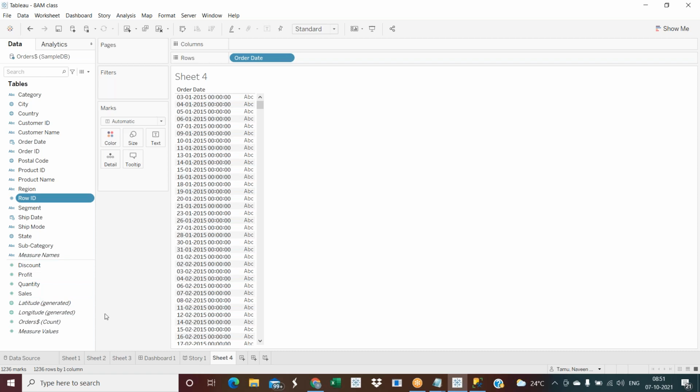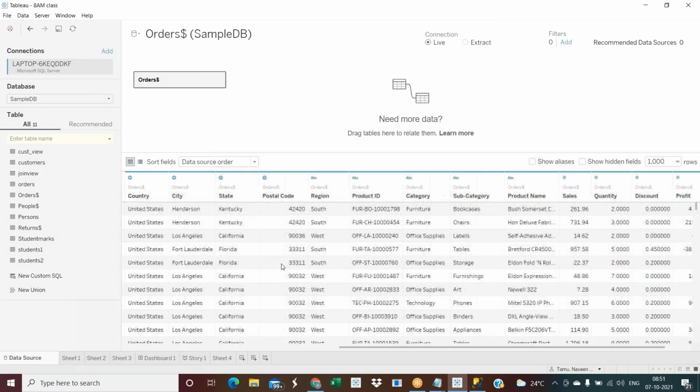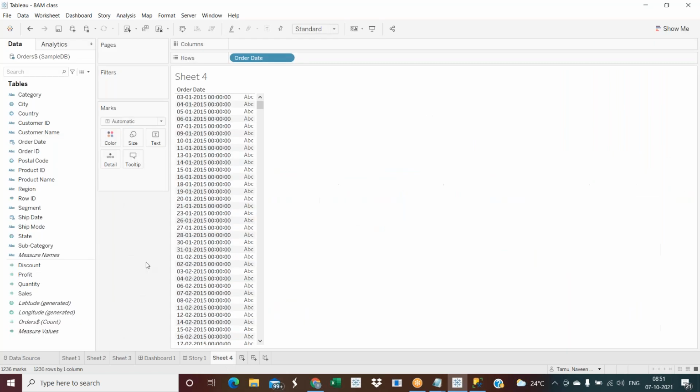Whenever you connect with a data source, based on this type of data, Tableau will understand what is a dimension and what is a measure.